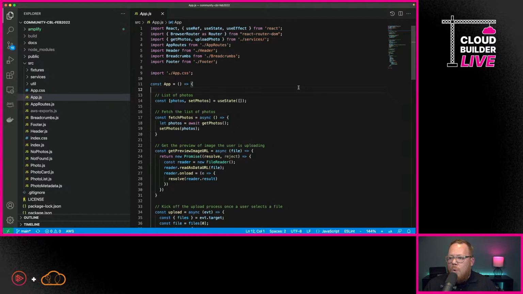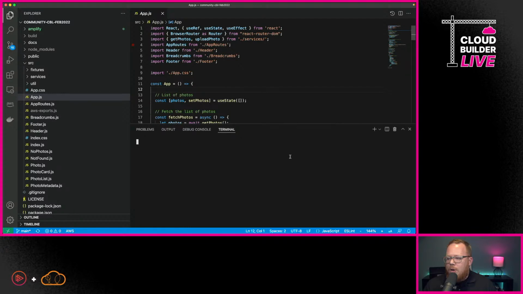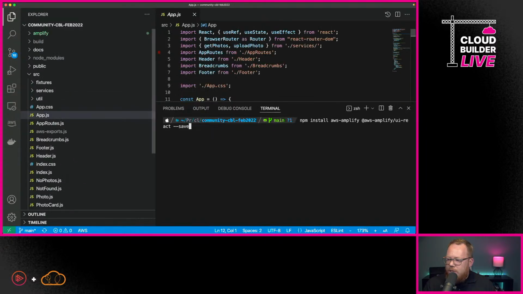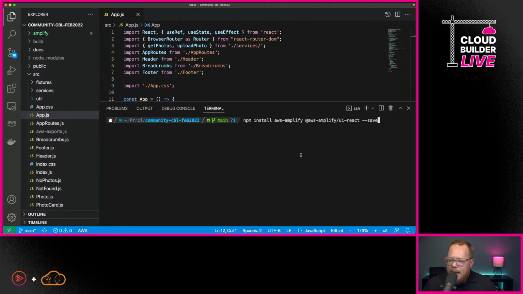Now, to do this, we're going to need to install those libraries. So I'm going to go ahead and open up a new terminal. And what I want to do here is run npm install and then the specific libraries that we're going to be working with, which in this case is going to be AWS Amplify and then the React components for AWS Amplify. I'll try to make this just a little bit bigger to make it easier for everybody to see here. And so I'm going to install these two libraries. So we'll let those install.